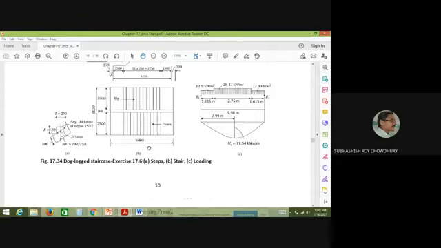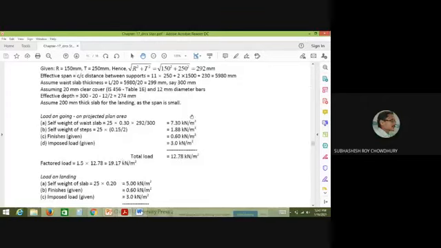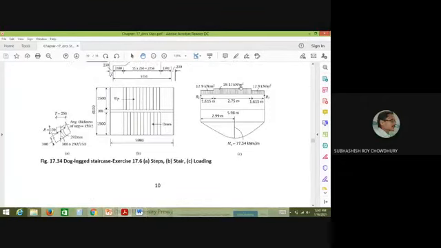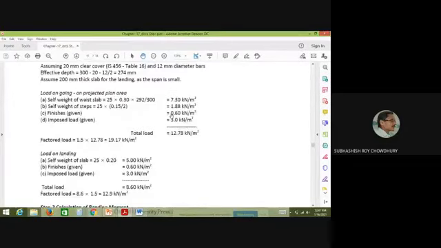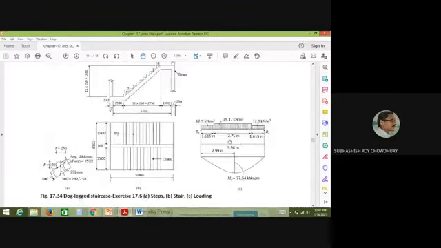Now the loading is 19.17, what you have already calculated. Okay, this is acting over this one. Now what will be the loading over the landing part? The landing part obviously will be calculated separately. Here it is the self-weight of the slab, the weight of the finish, the weight of the imposed load. There will be no load coming from the steps. So ultimately it is 8.6 into 1.5, so 12.9 they have considered. So this is the load over the landing part. So this is a simply supported beam subjected to this kind of UDL.